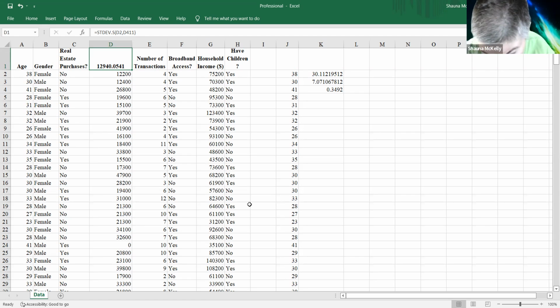940.05. Okay, 410 or 411, Shauna? 410, because you started in J2, so there's 410 values, right? Okay. That's what I think. Because, apparently, I don't know if it's because of the way the spreadsheet is created,